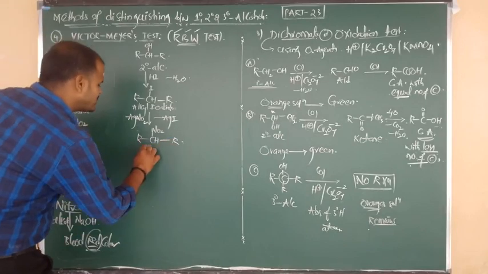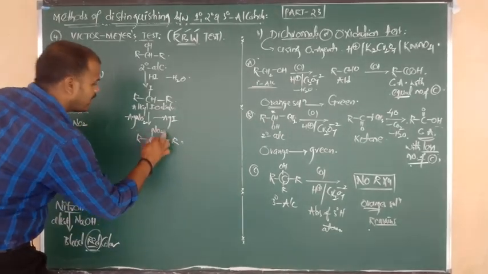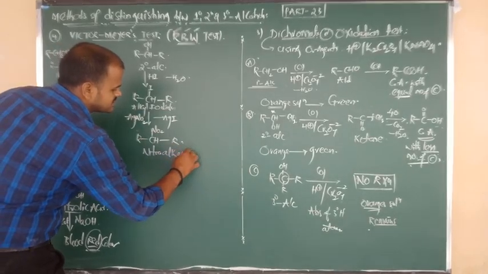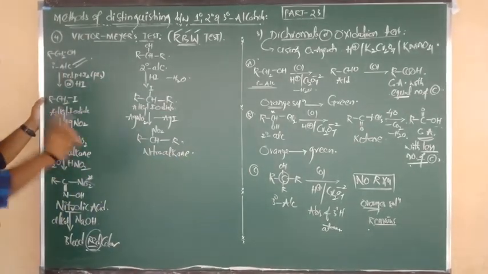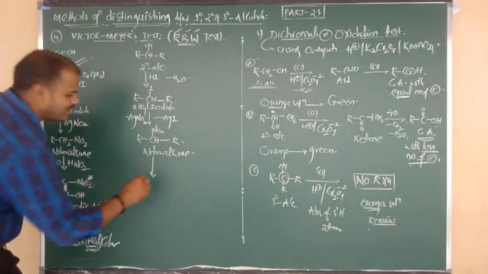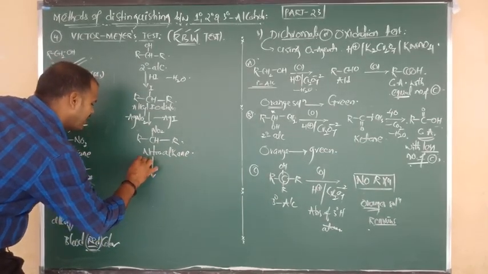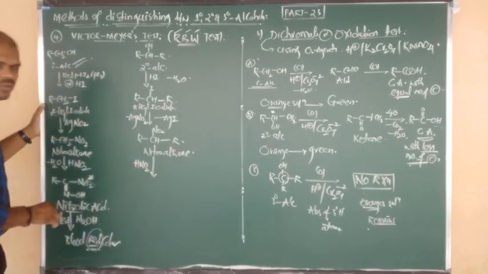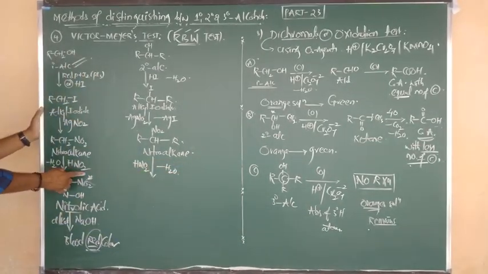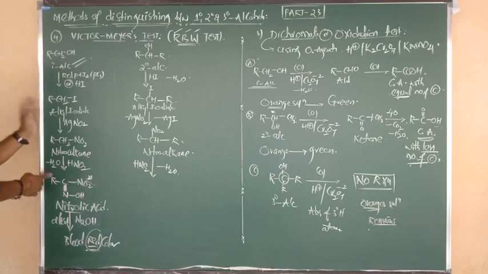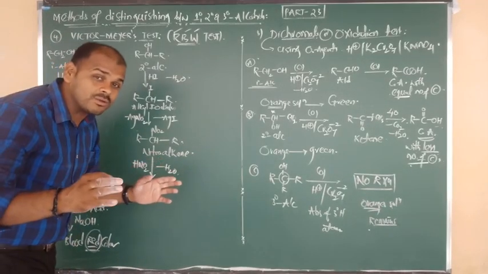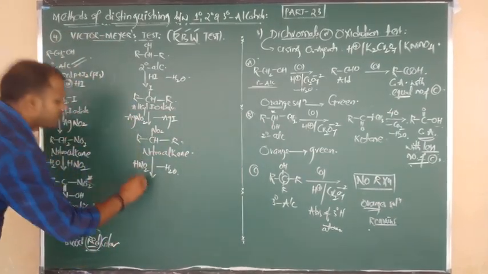So this is nothing but which compound name? This is also the same thing. Nitro group, and the remaining is alkane. So we say that this is nitroalkane. Such nitroalkane now undergoes reaction with nitrous acid, HNO2. Again here also we are going to remove the water molecule. Upon reaction with nitrous acid we remove the water molecule. After removal of the water molecule, what is the product you are getting?